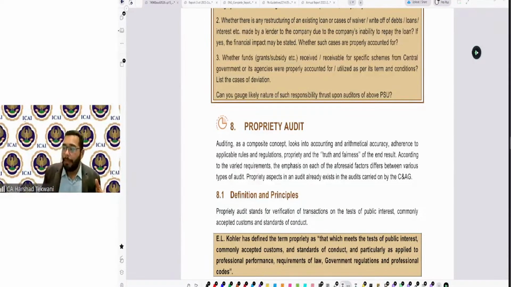But when I talk about the Committee on Public Undertakings, it is a specific committee dealing with the accounting, finance, or review of audit reports and financial statements of public undertakings. So the Public Accounts Committee, PAC, has a wider scope which covers public undertakings plus other local institutions, local bodies, state government, central government, everything. But the Committee on Public Undertakings is restricted to the public undertakings only. So that is the difference between both of them.